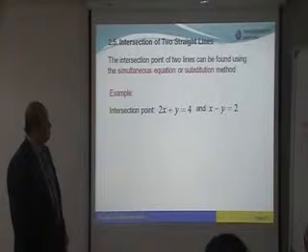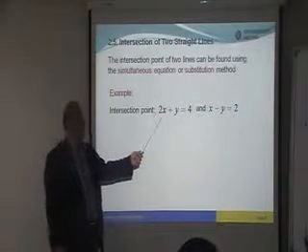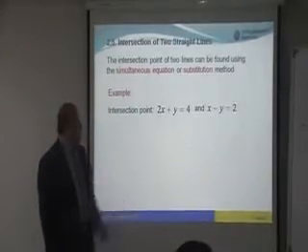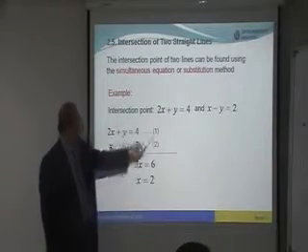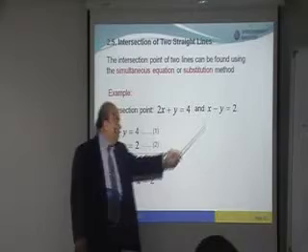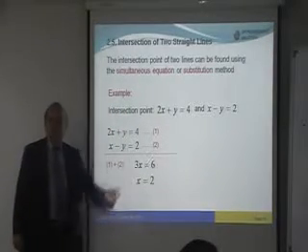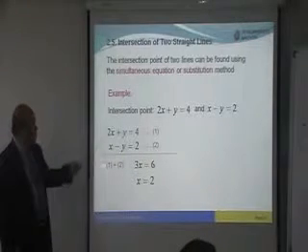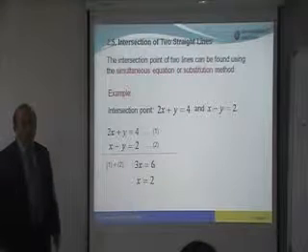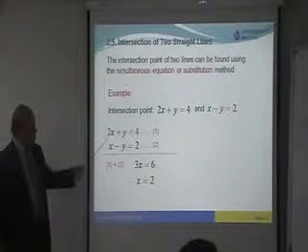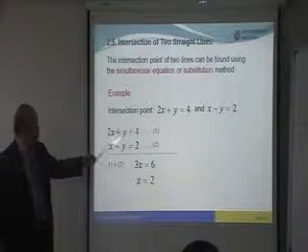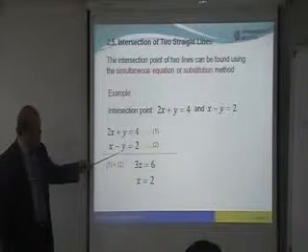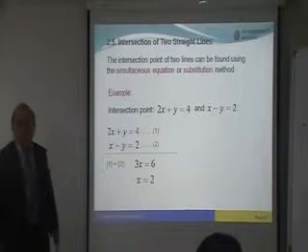For example, we are asked to find the intersection point between this line and this line. So this is equation 1. Alright, take this as equation 1. And this one you take as equation 2. Alright, you have done this in form 3. Then form 5 also there is modul maths. So from here, if you look at these 2 equations, see whether we can get rid of x or y. Since y is the same for both equations, the multiple of y is the same, then we can get rid of y.